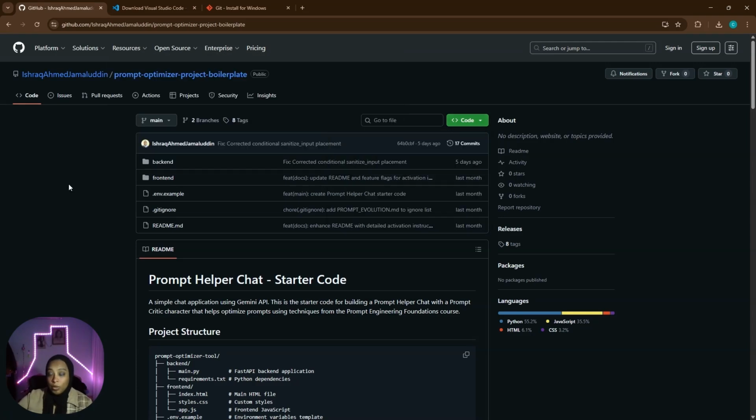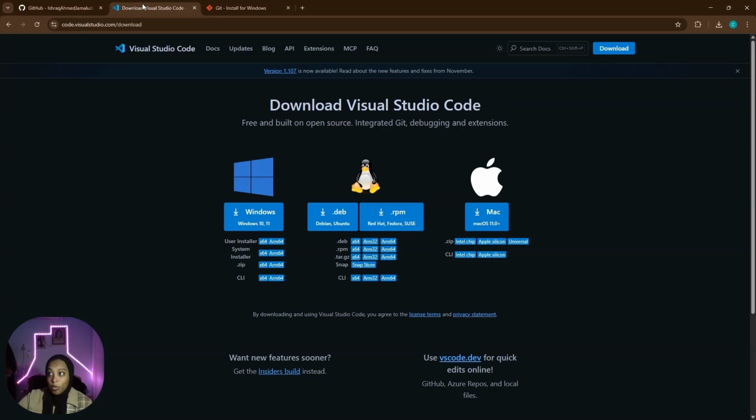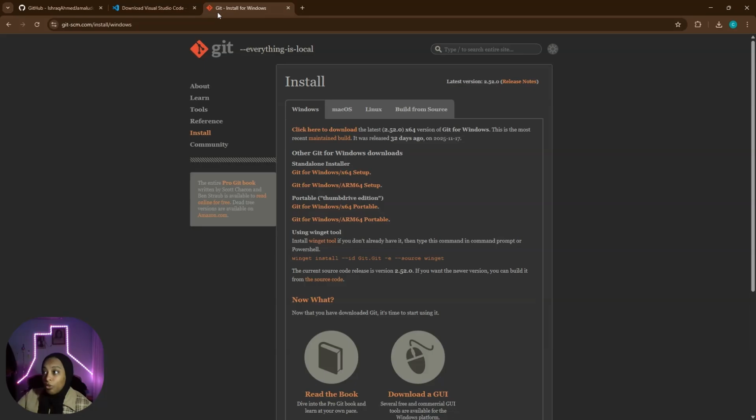So one more thing that we need is a code editor. If you don't have one, I'm going to suggest you download VS Code. If you're on Windows and the normal installer doesn't work for you, feel free to also try out the system installer. And then something optional but very helpful is Git. If you don't already have it, you don't need it for this course, but I'd highly recommend you follow the steps I'm going to tell you in a second in order to download and set up Git on your machine